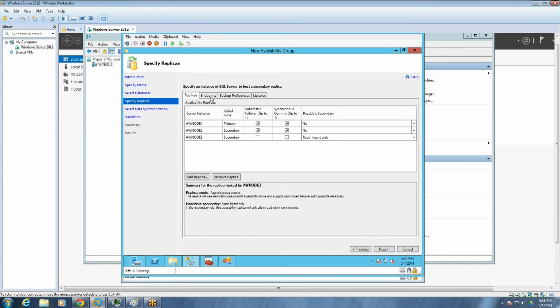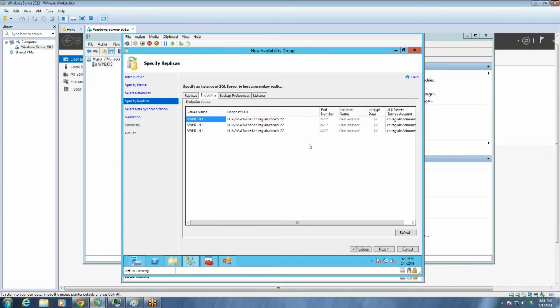Next, we have to set up the endpoints. When I installed SQL Server on my nodes, I installed the default instance, so it gave the default port number 5022, and I am able to access it with the server names.